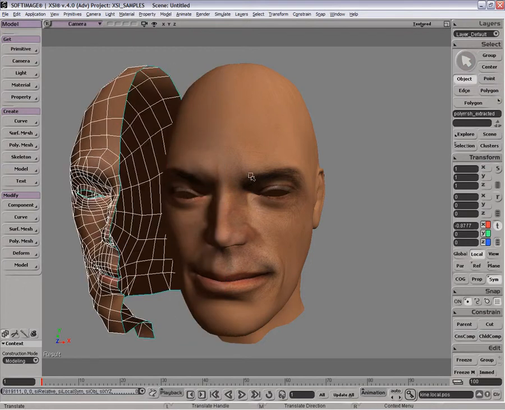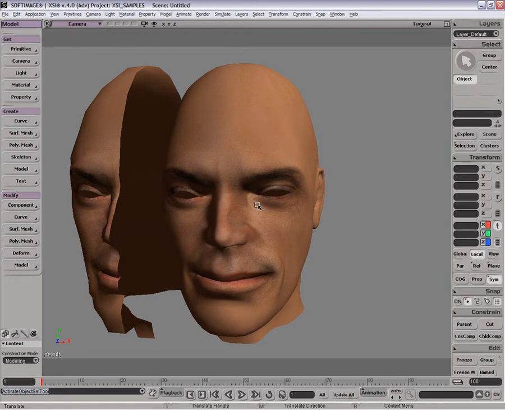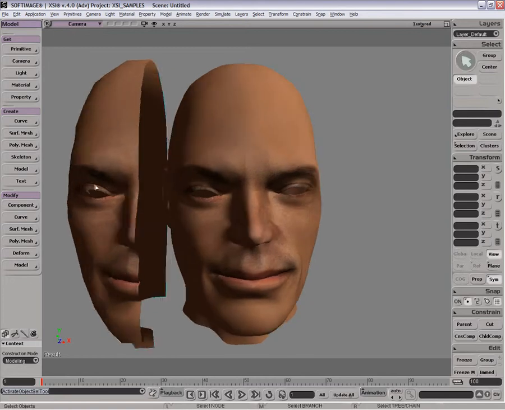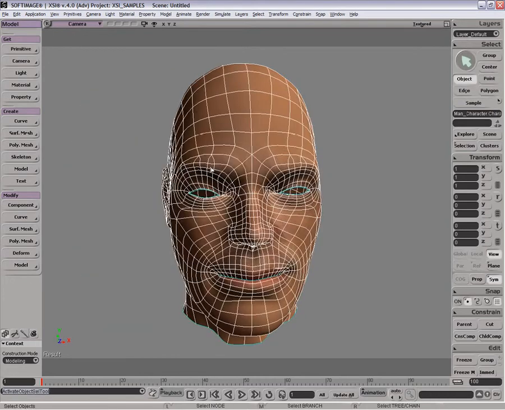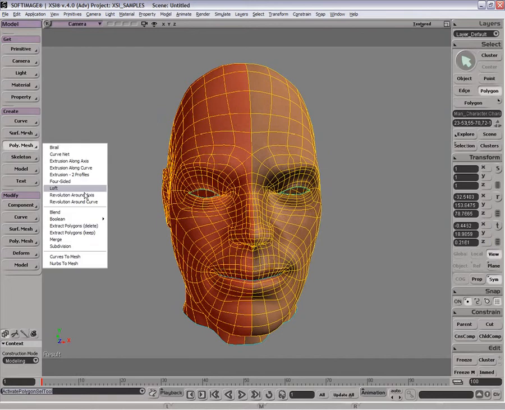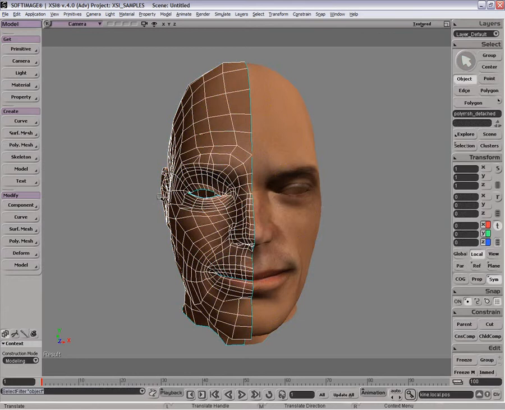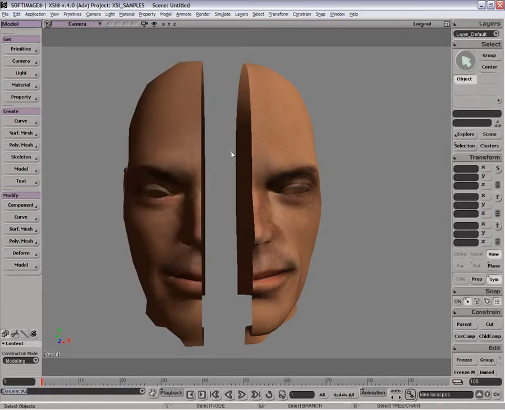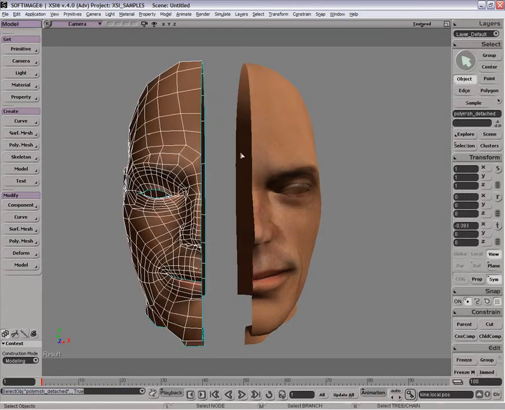There we go. And you can see that the textures and all that sort of thing are all kept and propagated. So we can just delete this guy and try that again while deleting the original. Let's just delete the original there. And you can see again that all the textures are propagated. Even though we now have two separate objects, we still have the textures, we still have all the clusters, everything